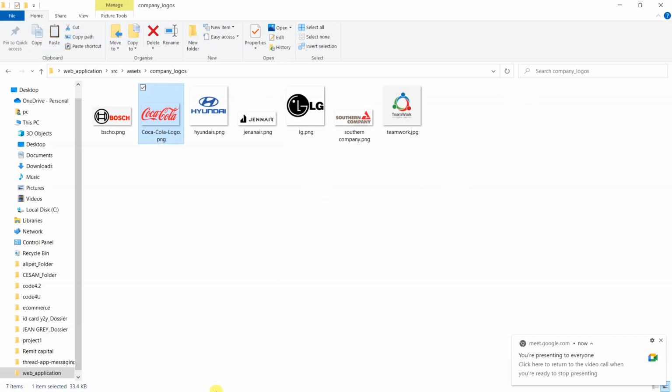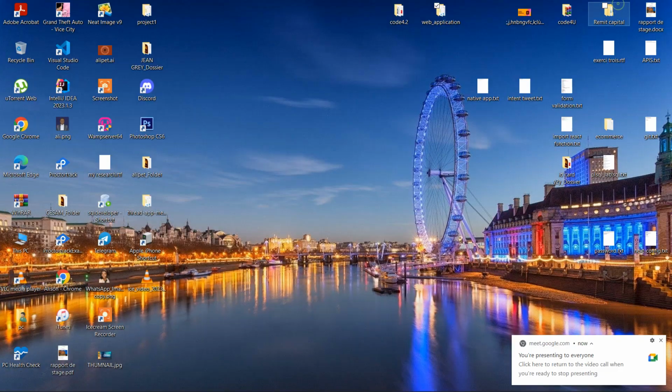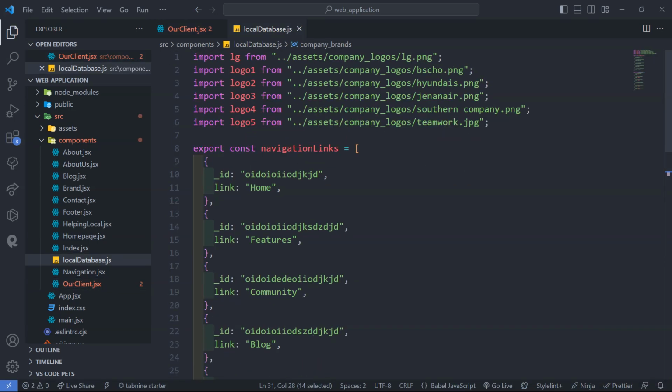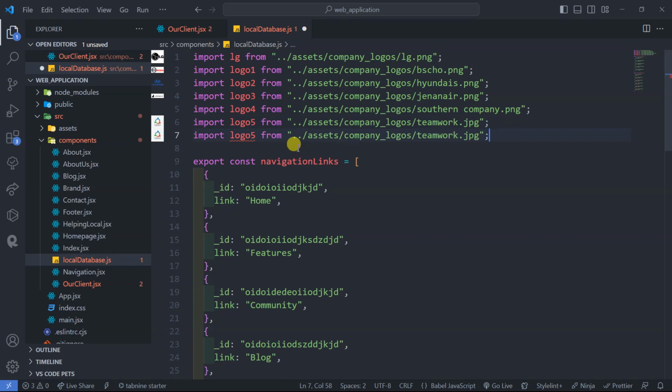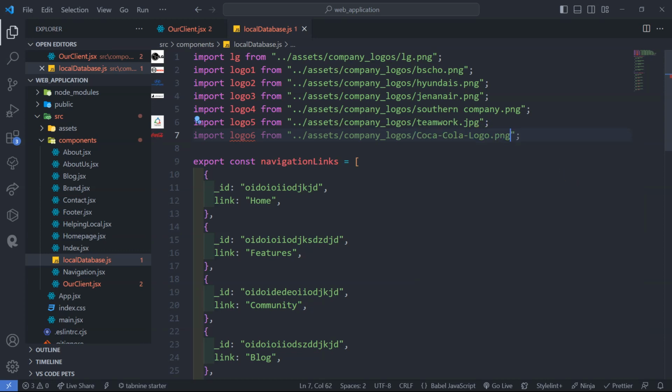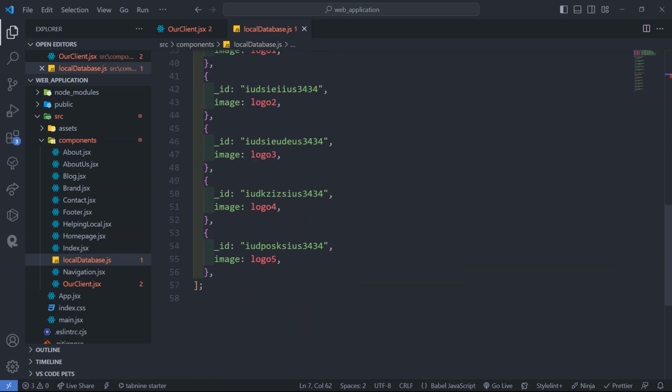So I have to go and import the Coca-Cola within our local database here. So I will go to local database. Just go up. I will copy this one. Copy and paste because they are in one folder. Here I can rename this to 6. Then here I will just remove everything from the beginning up to the forward slash, and I'll put one more forward slash to complete it. We have Coca-Cola here, and if I save,